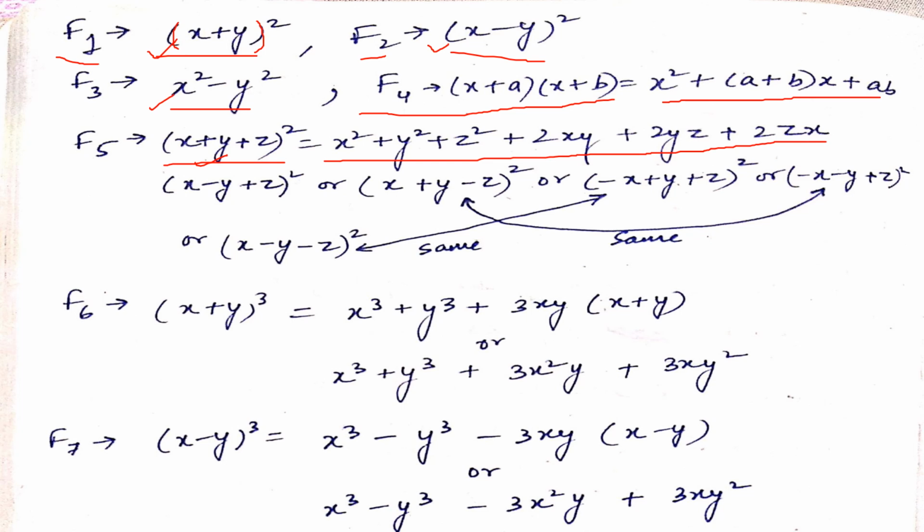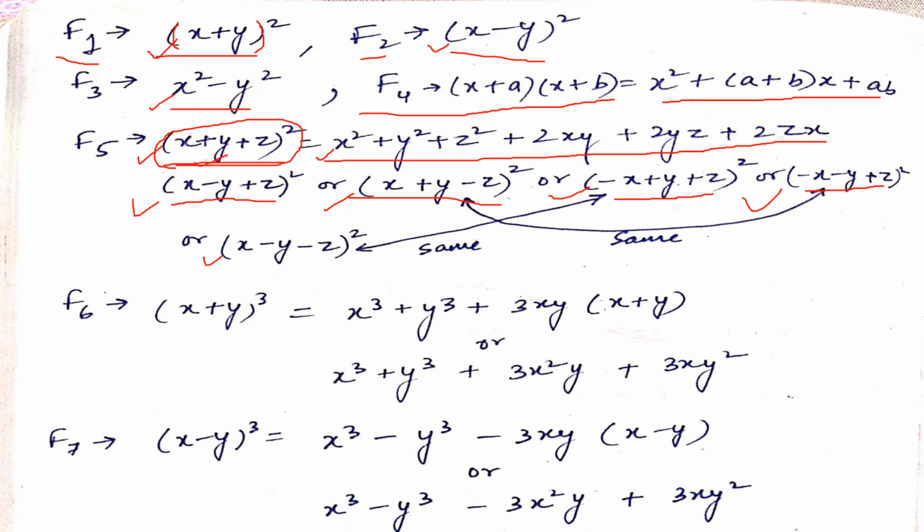Now I have told you, if you remember this formula, that is the plus 1, you can write any formula using this plus 1. Suppose a question comes, what is the formula of (x - y + z) whole square? What you have to do? Just replace in the above formula y with minus y and you will get the formula. Similarly, (x + y - z) whole square you can find, (-x + y + z) whole square you can find, or this one also. So I've shown you 5-6 forms of the same formula, or you can say this is the parent and these all are children of the parent. So you can obtain any formula using the parent formula.